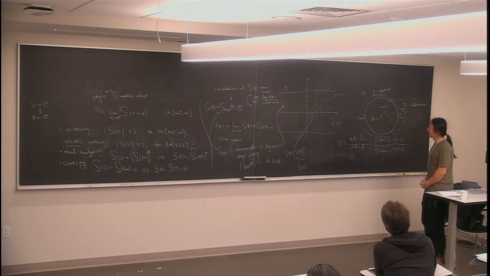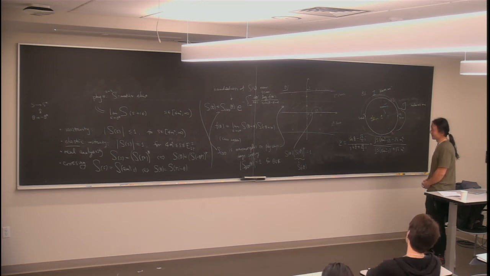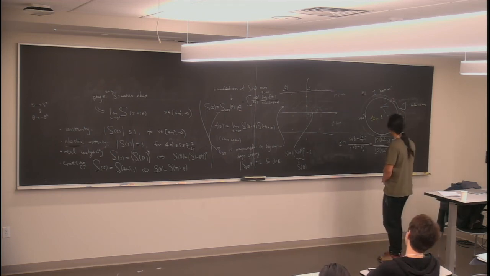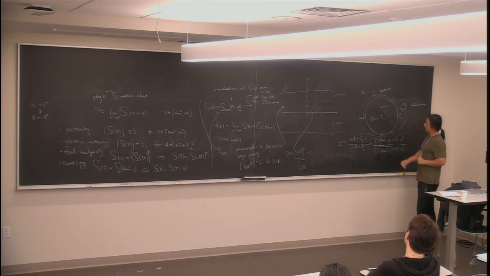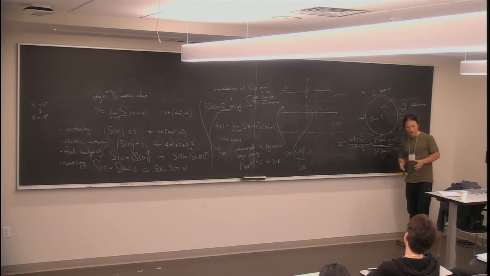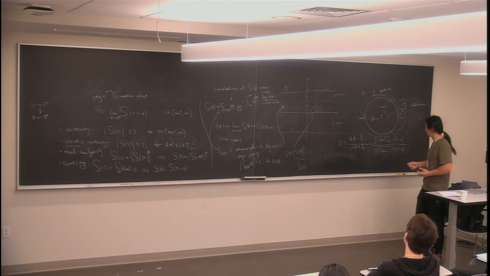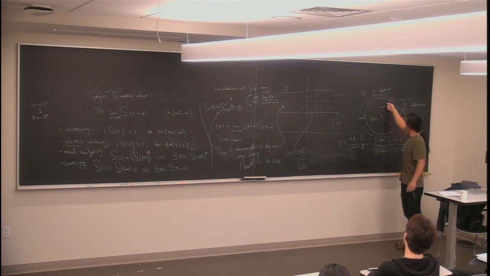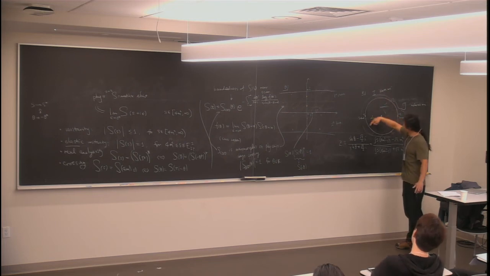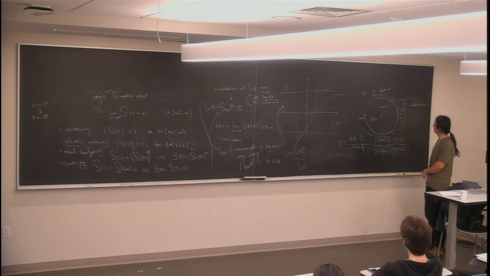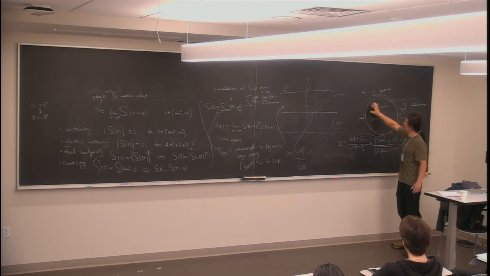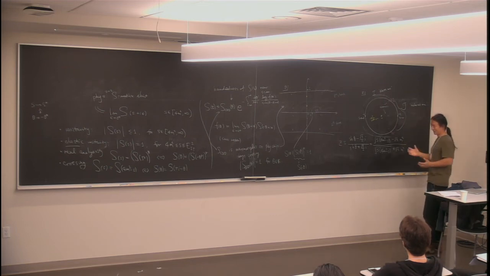But the key point of the game is that we know this analytic property of the S matrix. We'll know the location of the poles, because those locations, which are bound to stable massive particles, we can also extract numerically. So I know the location of where the possible poles are. I don't know where the zeros are. I don't know where the residues of the poles are. But I know the position of the poles. I would have, up to some error, the S matrix elements along the elastic arc. Actually, any segment along the elastic arc would be sufficient for my purpose. The more you know, the better it will turn out.